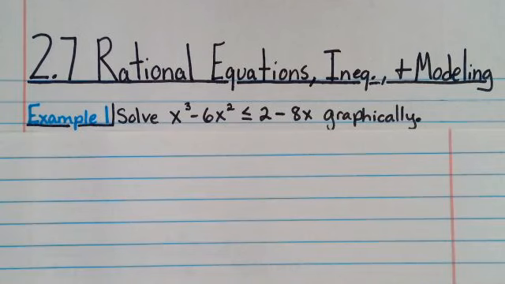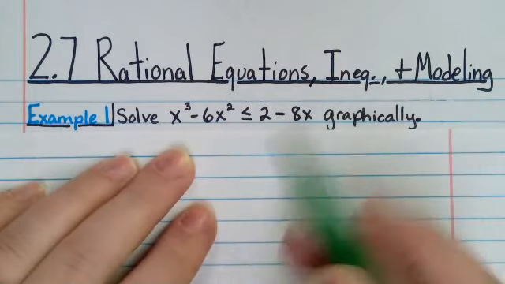Graphically. Now, there's multiple ways that you can do this. What I think is going to be best to help us in the section we are doing is to be able to start by solving this for 0. I think that's going to be your best bet to prepare us for what we are going to be doing in this section. So that's the first thing I'm going to do, is we're going to rearrange this so everything